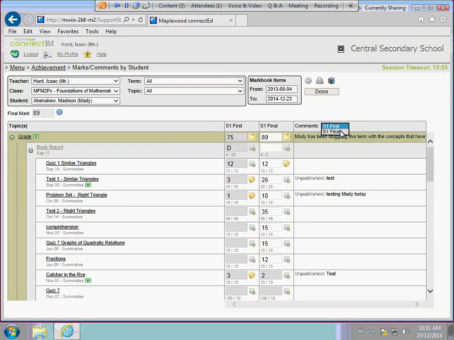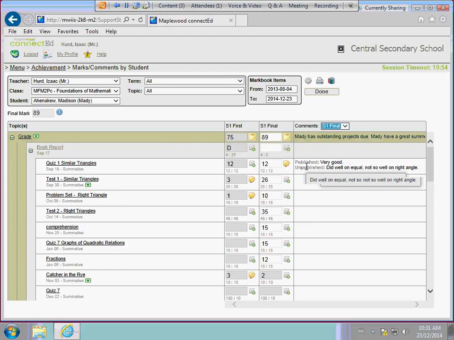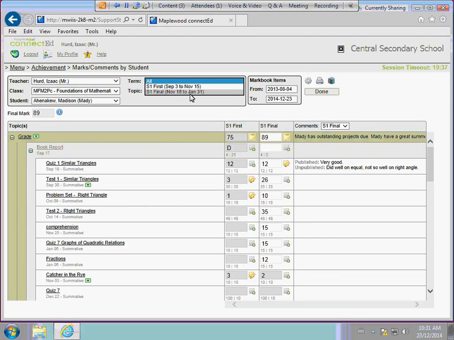As well, if I select the comments, I can choose S1 first or S1 final, but you'll see as well both of the comments, both the published and the unpublished, in the same view. So looking at quiz 1, we can see that the published was very good and unpublished did well and equal not so well on the right. So it works out quite nicely that way. If I set this back to a particular term,